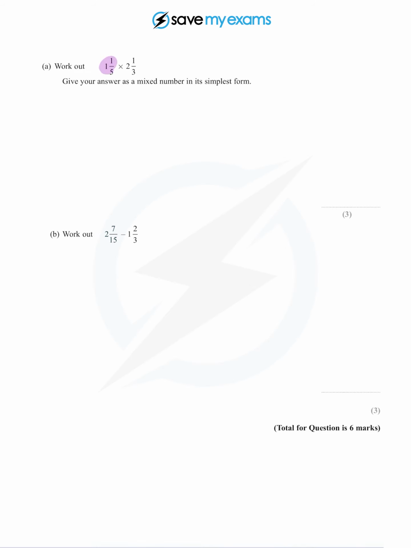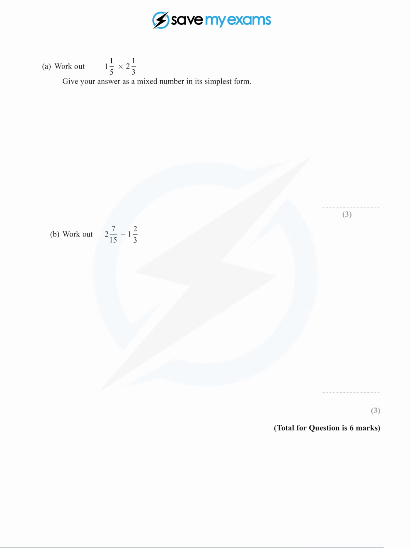Right, so we've got to multiply some fractions together. And how do they want it? They want the answer as a mixed number. And we'll cancel it down if we can. Okay, well, when we're multiplying mixed numbers together, what we have to do is write them as top-heavy fractions to